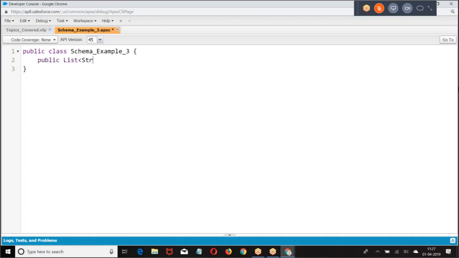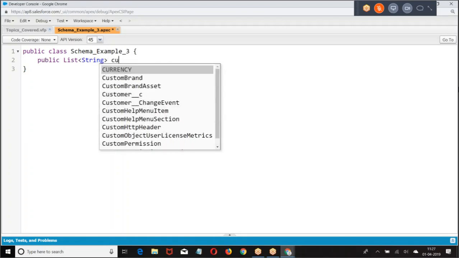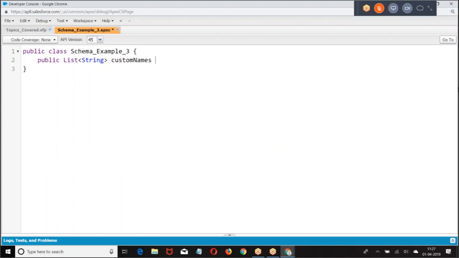Public list of Schema.SObjectType, that I'm giving.